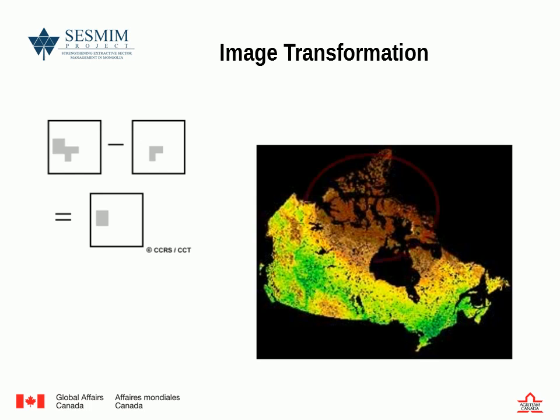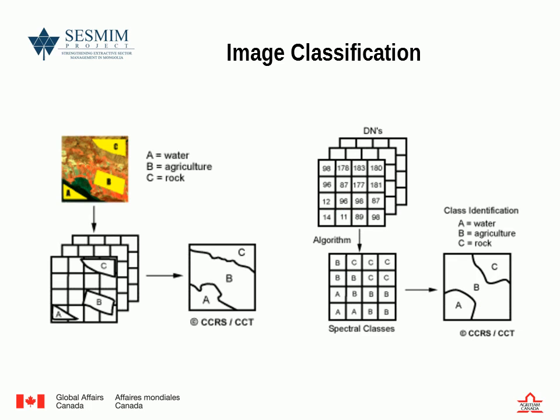And obviously up in the Arctic, too much permafrost up here. On the left, they're trying to show you kind of a classified example. So if you knew that this is water, here, you say, okay, I can classify that as water. And I know that this is agriculture, and I know that this is rock. I can classify these. I put this over here, and I say, okay, whatever's in this pixel, it should be